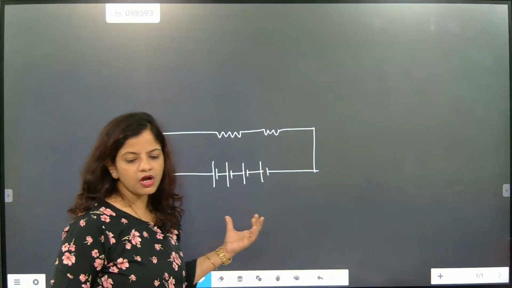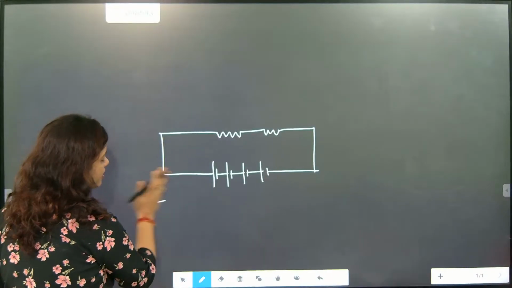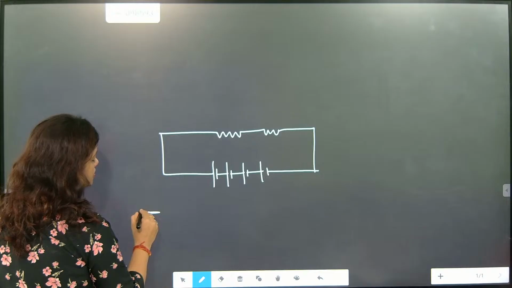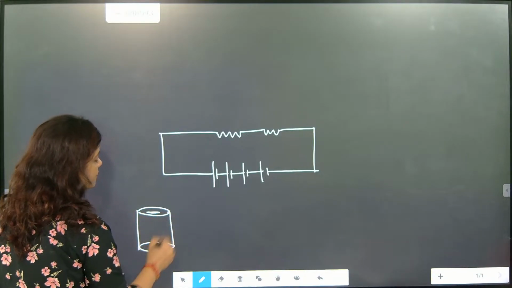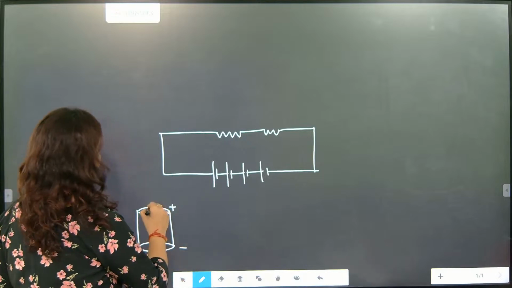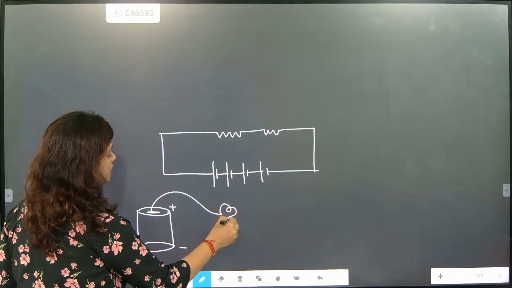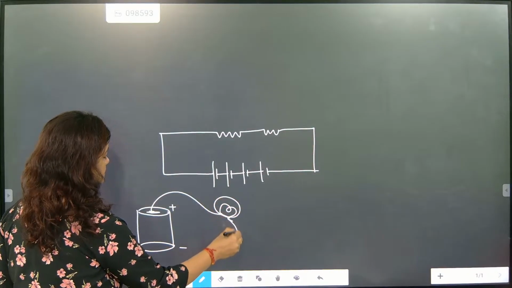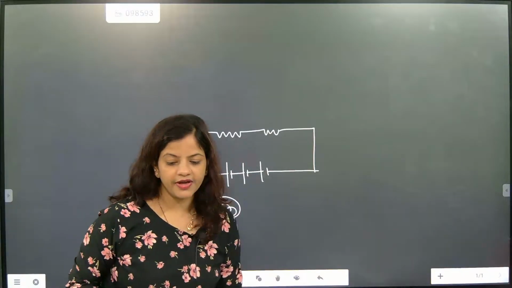Now we are going to talk about only one cell or battery connecting a wire. So this is exactly the plates of a battery. This is the positive terminal and this is the negative terminal. So when we are connecting it with a wire, now when we are connecting it with a wire, okay,